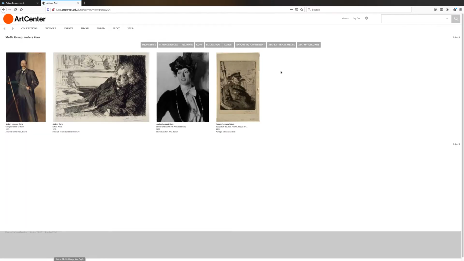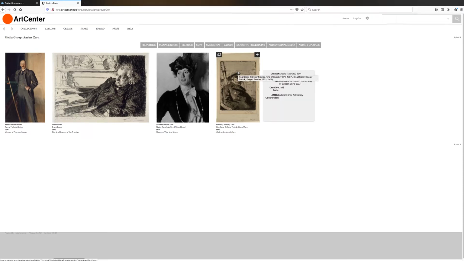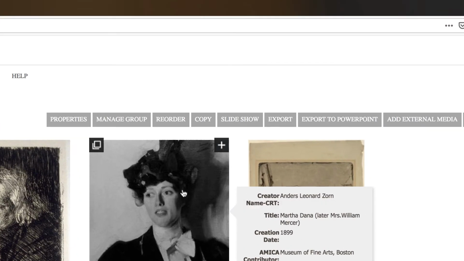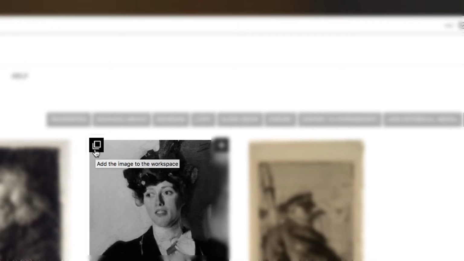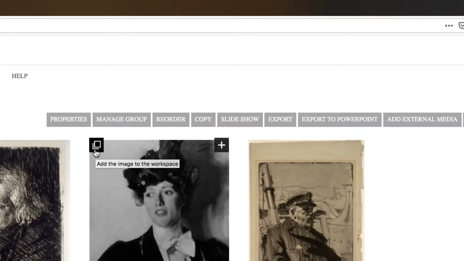After you select the media group you want to view, you have a few things you can do. You can hover over each image to get additional details about that image. You can add them to a workspace by clicking on the square in the upper left of each image. I will show you a little more on the workspace function in our presentation tutorial. You can edit the media group properties for your media group. You can manage your media group images, and you can reorder your images in the order you would like them